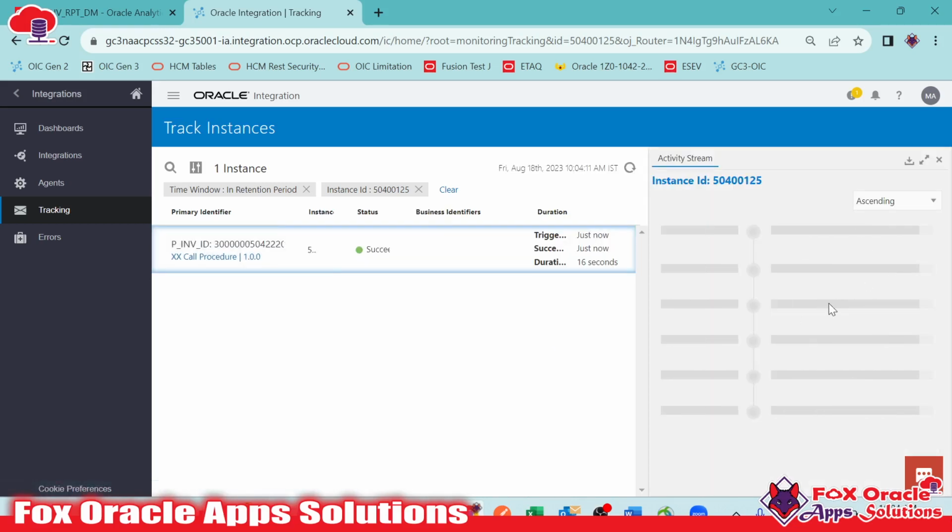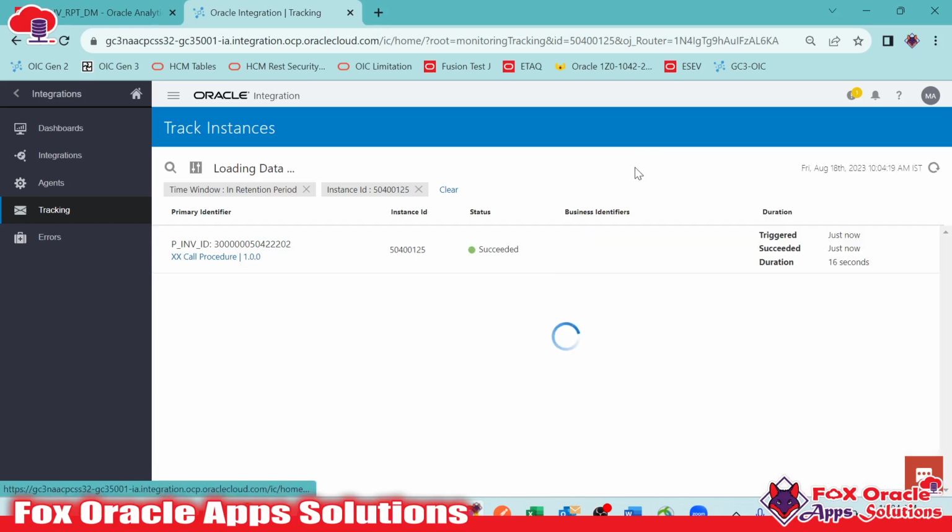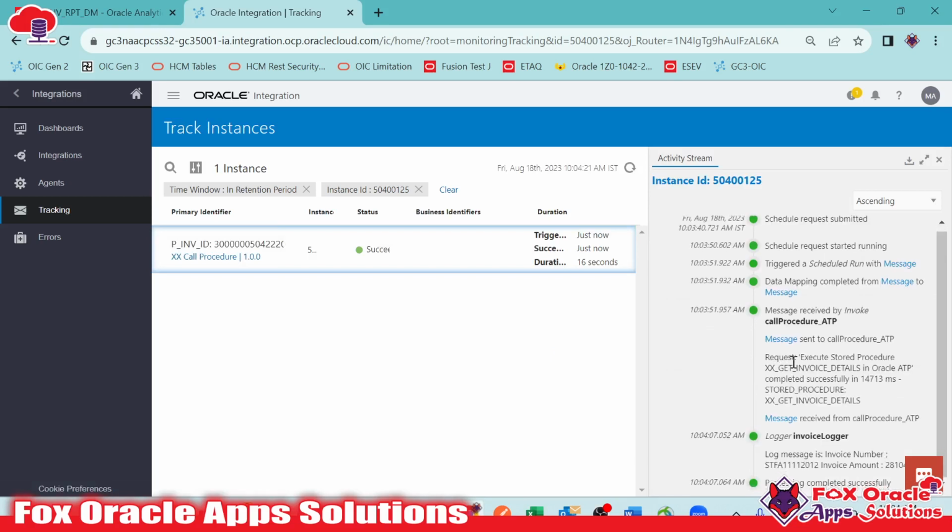Once we move to the logger, in the logger we will be able to see. So it will take a little bit of time to show the log messages. So we'll refresh again, and here you can see, while calling the ATP procedure,